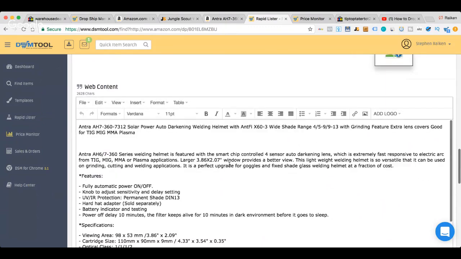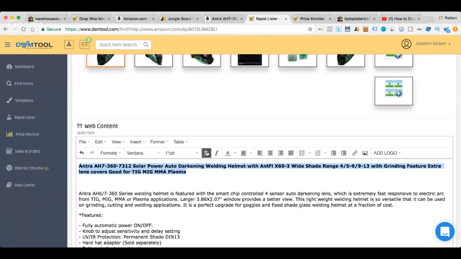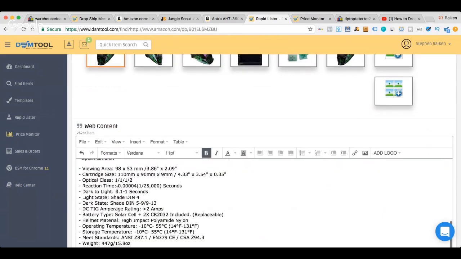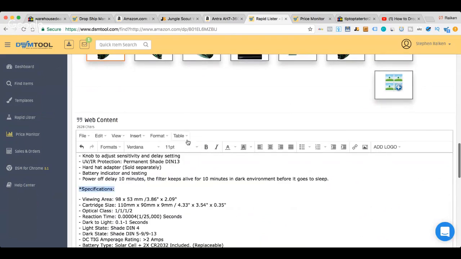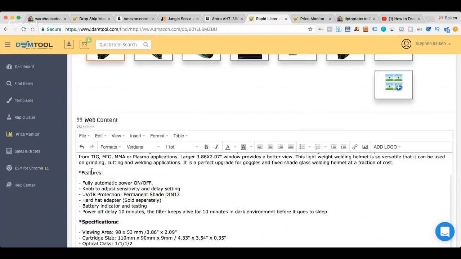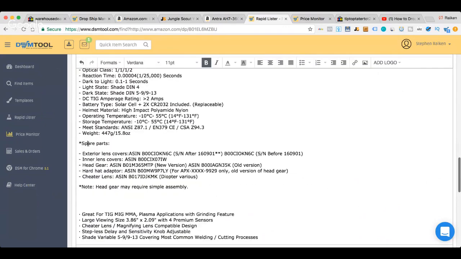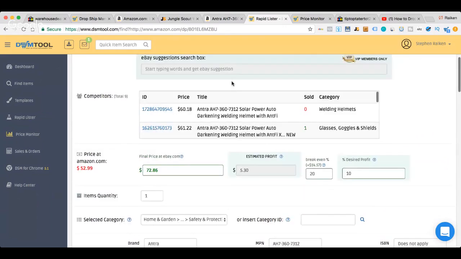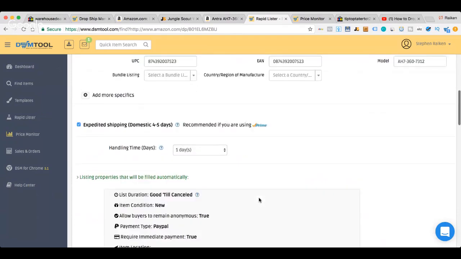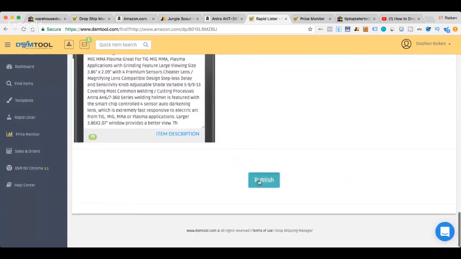There's the description that it automatically imports. So you could go in, you could change things up. You can make it look a little nicer, add some bolds, add some italics, different things like that. Bada bing, bada boom. And again, if I was actually doing this for real, and I'm going to raise the price because I don't want it to sell because I'm not optimizing any of this. I don't have my business policies in this dummy account set up. You're going to go in and you're going to hit publish.